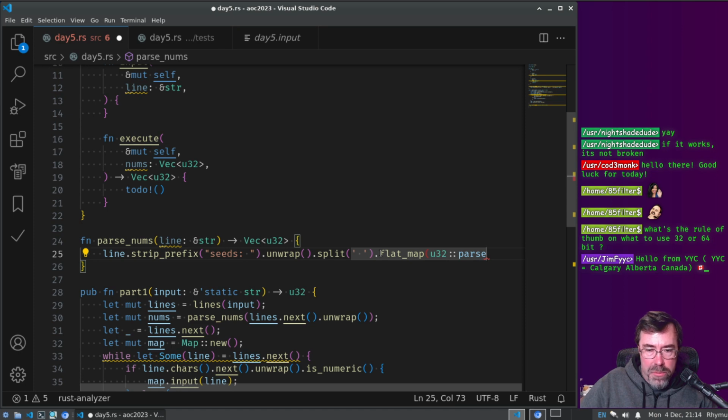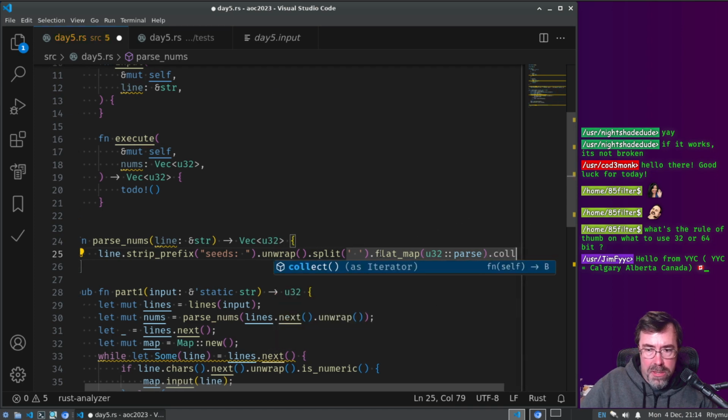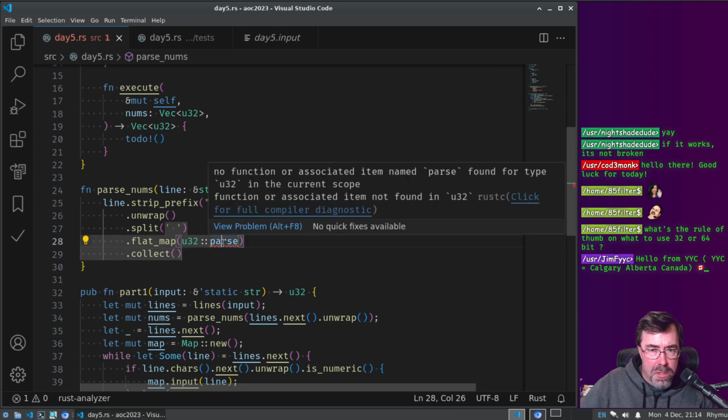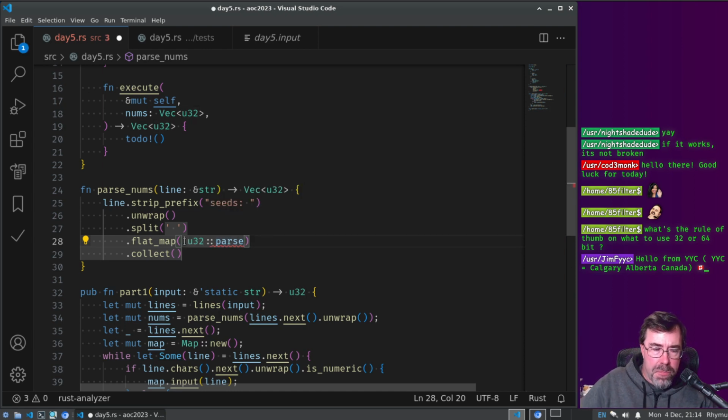Flat map into u32 parse and then collect. Why isn't it like that? Oh, shoot.